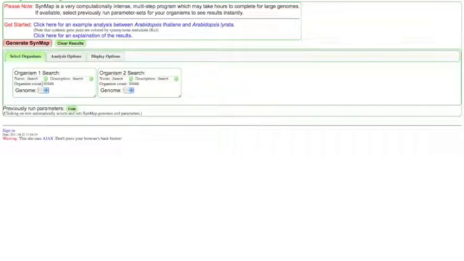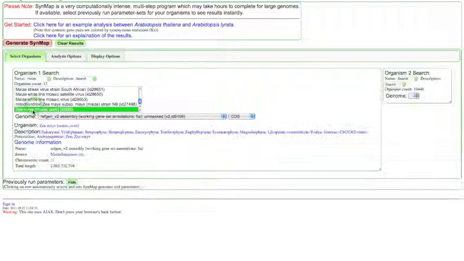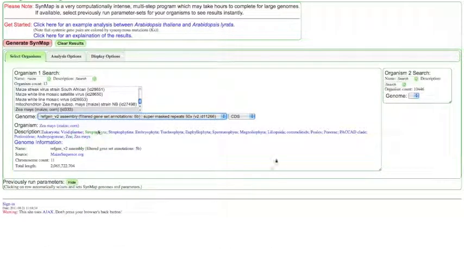SynMap requires you to identify two genomes, and we're going to search for a maize genome by typing in maize in the name search box. This will return any organism whose name contains the word maize. At the bottom of this list is the maize. When this is selected, we'll now have a list of all the genomes for that particular organism. Maize has many genomes that are available. We're going to first select version 2 of the maize genome assembly using filtered genes, and the primary sequence has